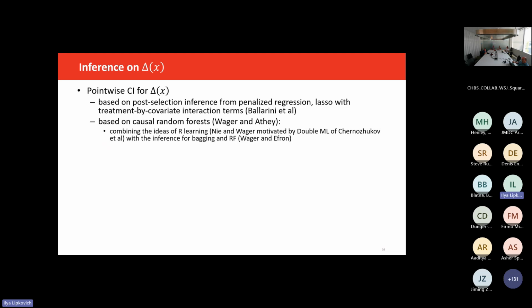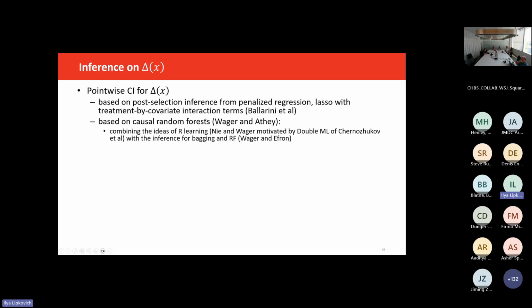This is also a problem which is quite difficult. The pointwise confidence intervals were often obtained using post-selection inference on penalized regression that you used to model outcome with treatment by covariate interaction. That was approached by Ballerini.